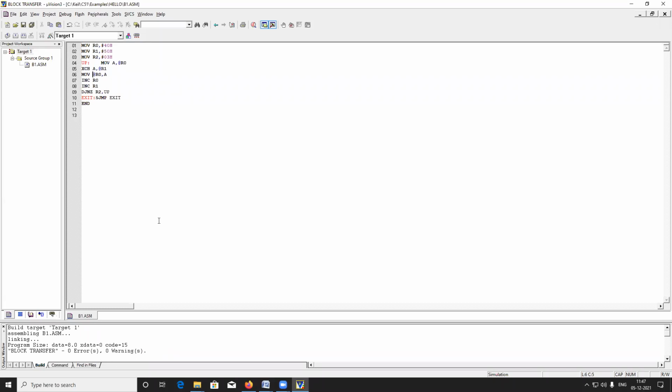First I am going to run the program, then step by step we will see whether it runs or not. The program is saved, and it will run.